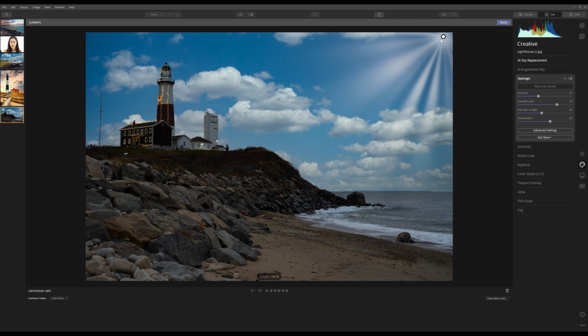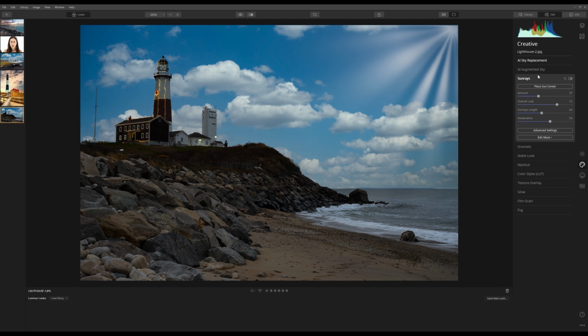Let's move this a little bit up to there. And just like that, we've changed the sky. We've added a sun. Maybe the rays are a little bit over the top. We could take that down a little bit, but overall,